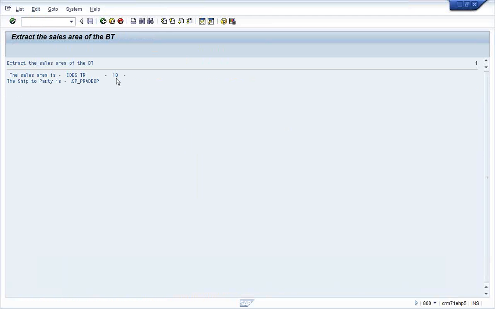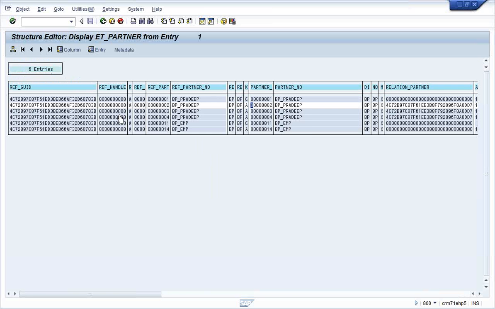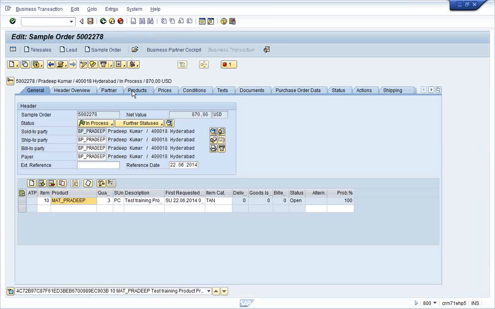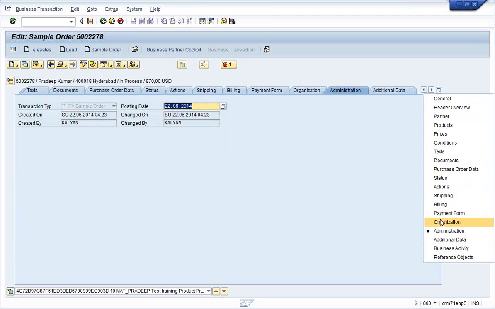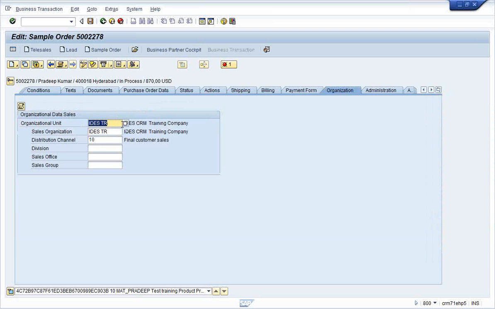The sales area is IDES Trading Company and the distribution channel is 10, and the ship-to party is BP Pradeep. Correct. It's correct here. The sales organization is, sorry, not this one, IDES Trading Company, distribution channel is 10.